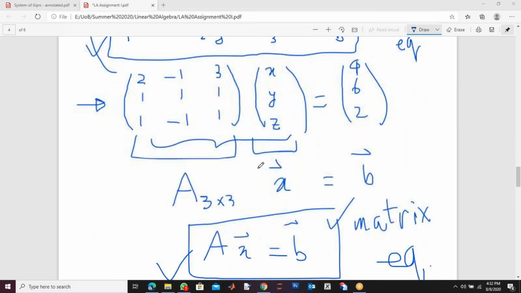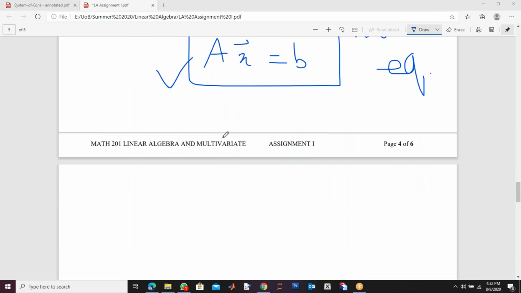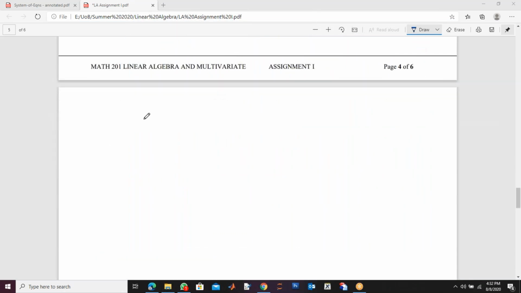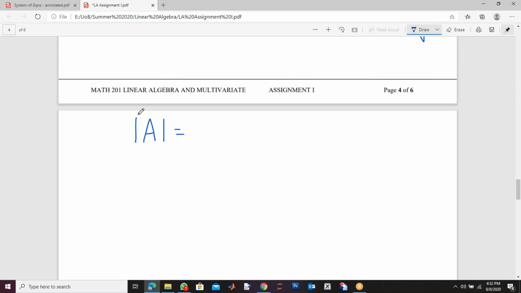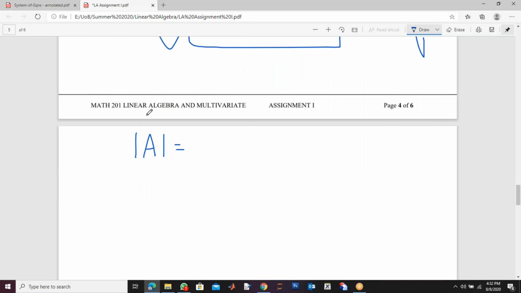Now you have to check the first thing. Doesn't matter which method you are using, you can find the determinant. If the determinant is 0, there is no inverse, and we cannot use the inverse method to solve the system. Always remember, we can use the inverse method if A inverse exists. If the determinant is 0, then A inverse does not exist, because we cannot divide by 0. But it does not mean that there is no solution of the system. There may still be a solution.